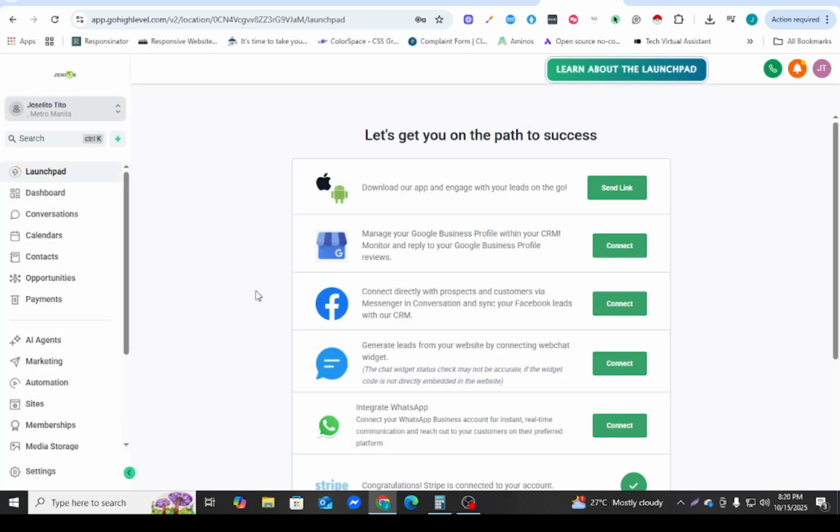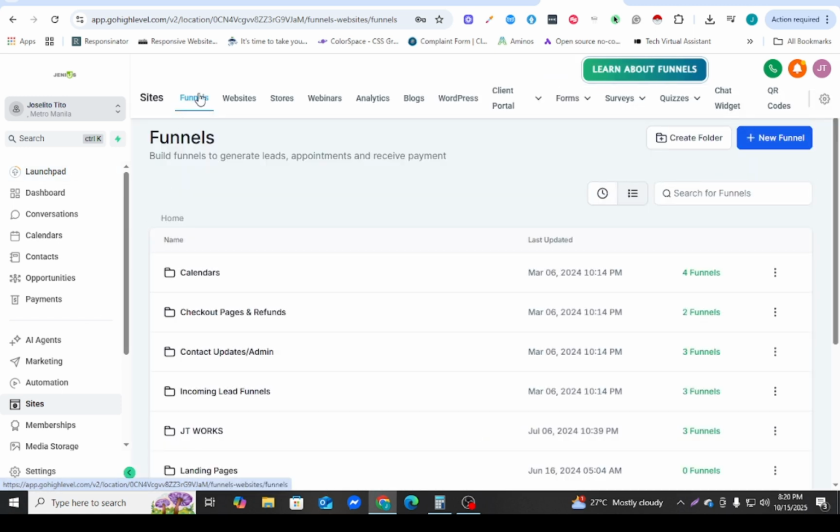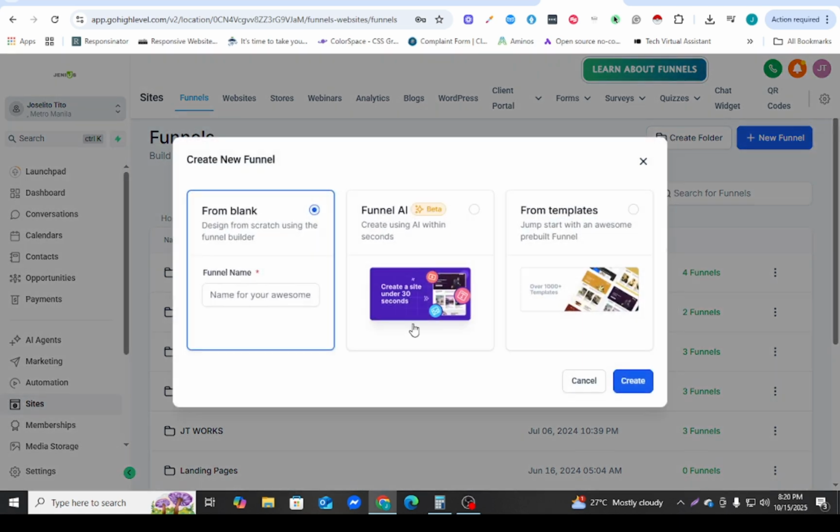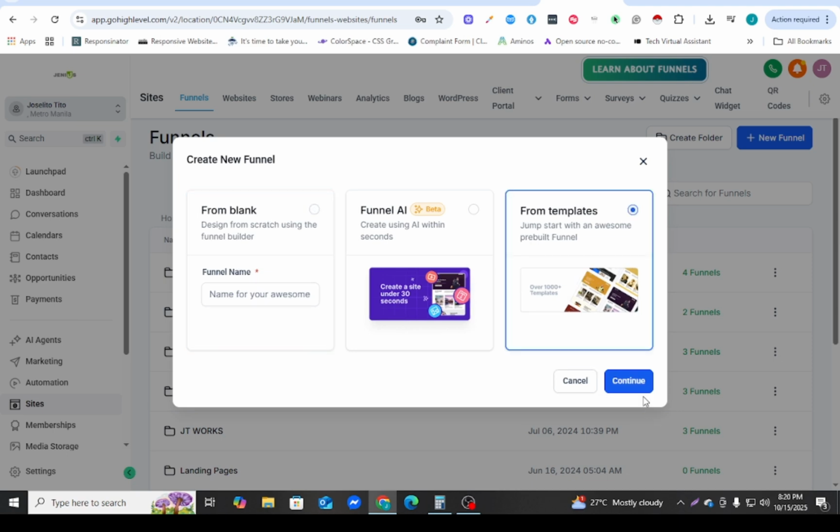How to create a funnel from a template. So from the launchpad, navigate to sites, click funnel, click new funnel, select from the templates, click continue,